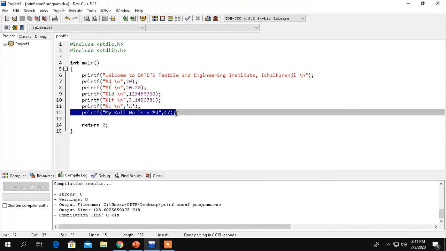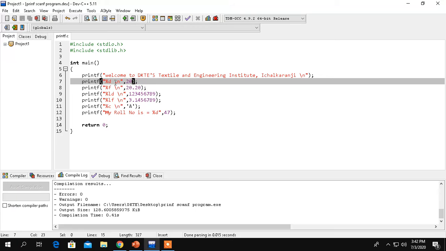So if you just look over this printf function, in that case we have to consider printf again with the bracket in a double quote. Now suppose we are going to print a roll number, so we have to write one statement as: my roll number is equal to. Now that number we have to replace by %d as we discussed in the second line. So this integer value we have to consider by %d, means we are not considering this integer value directly in the printf function.